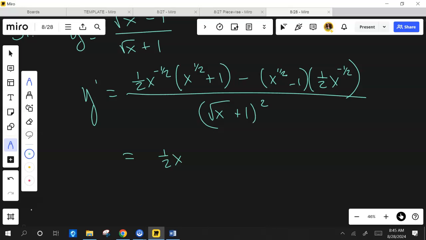Negative 1/2 plus 1/2, 0, right? I'm writing it so you see, but it's not actually there. This is just a half. Plus 1/2 x to the negative 1/2. Minus, again, this is just going to be a half, right? Minus